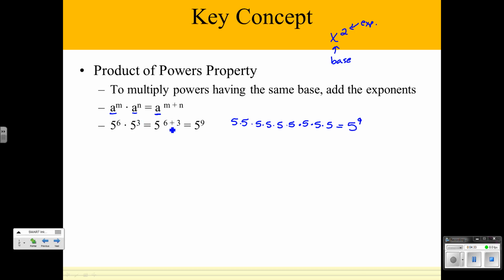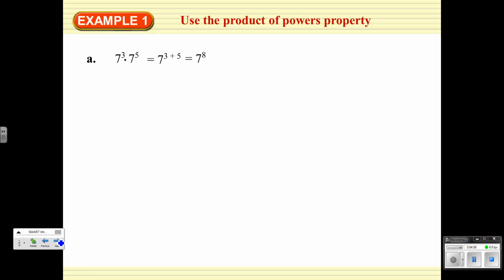Okay, does that make sense? So instead of writing all of this out, we can just see the pattern here. Since this is multiplication and this is multiplication and this is also multiplication, we can just take our exponents and add them together and figure out how many total 5s, as long as my base is the same. Okay? All right,